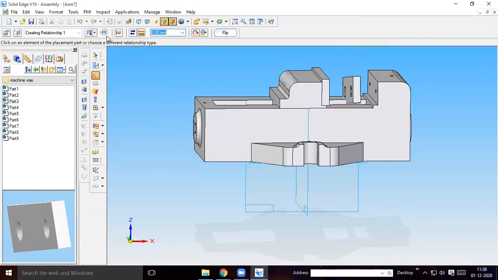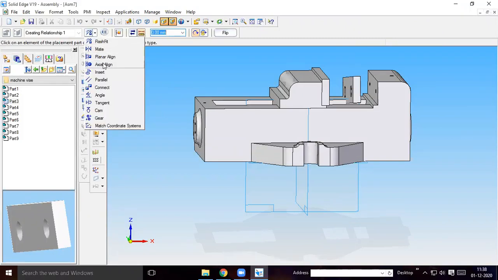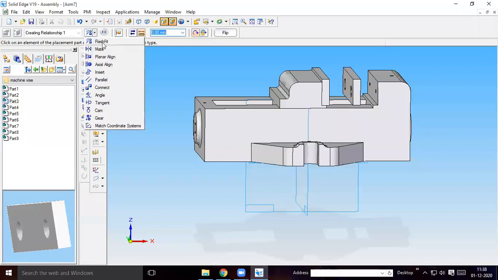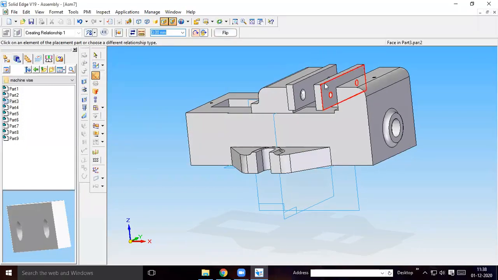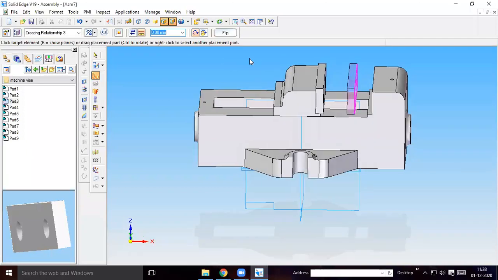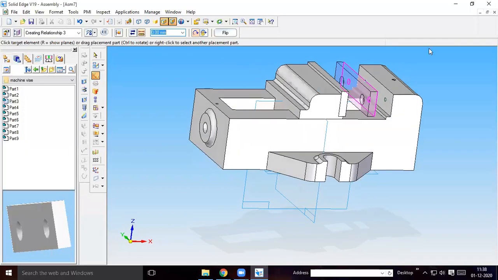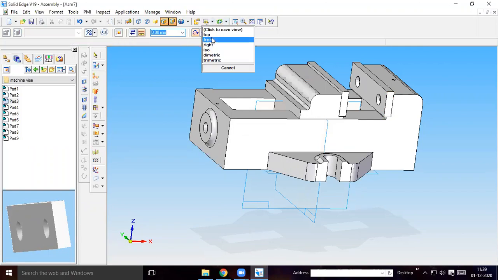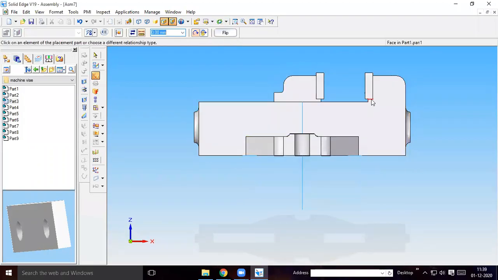So then again axial alignment of the second, this one with this one. So then use flush fit of this surface with this. Is it clear? Here also, if you see the front view, it has to be placed on this. So the gap has to be there between the jaw gripper and the main body surface. It has to be placed like this.